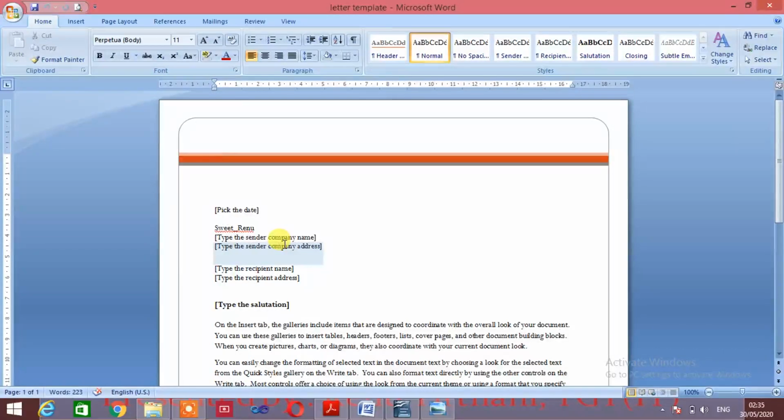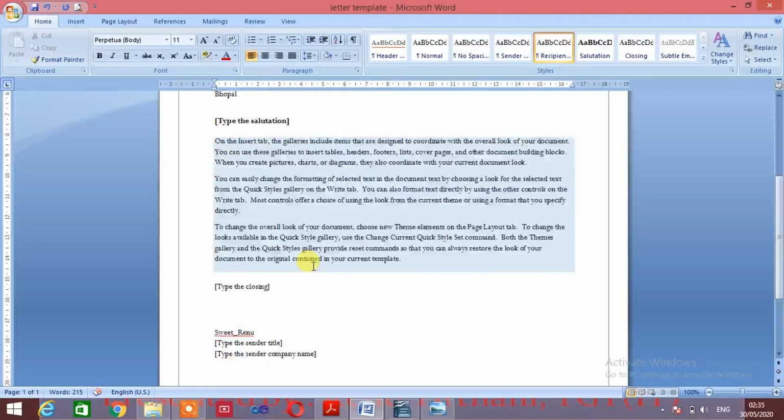Now whatever changes you want to make here, you can make, like if you want to put the date and the particular recipient name, make changes, address, and any other changes if you want to make here, like the title.